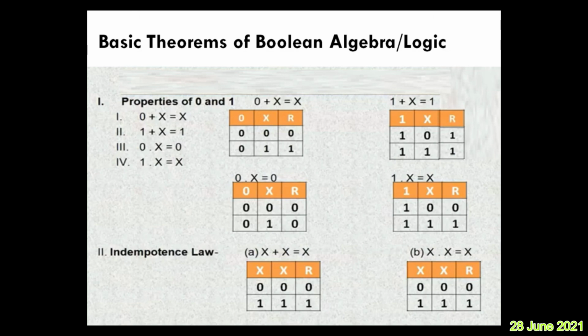In other words, how can we remember this idempotence law? See, if you tell false any number of times, it remains false only. False cannot be converted into true, isn't it? Any number of times you tell truth, it remains truth only. It cannot be changed to false. Similarly, in logical AND also, if you multiply false any number of times, then it remains false only. Or you multiply the truth any number of times, it remains truth.